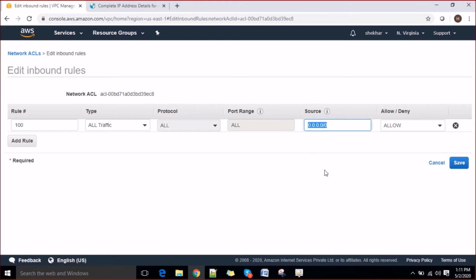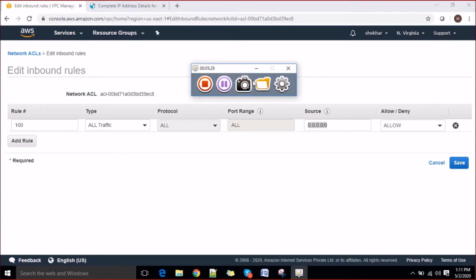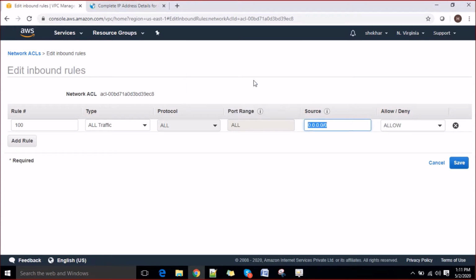Let's say you are coming to my instance, but when it reaches my security group layer, it will either allow or deny on the basis of the rules that I have.